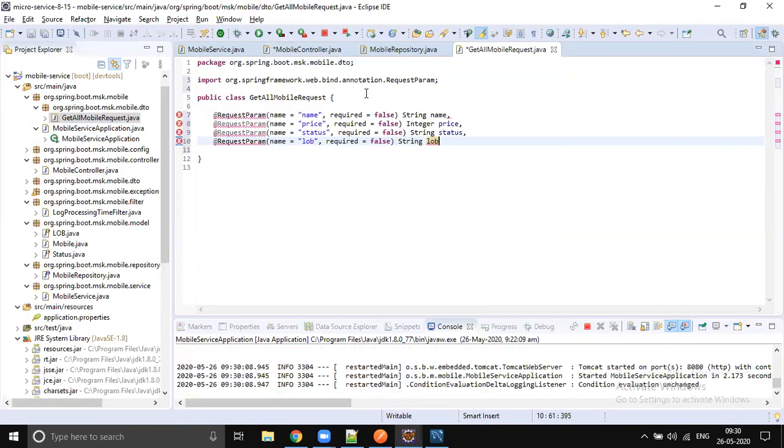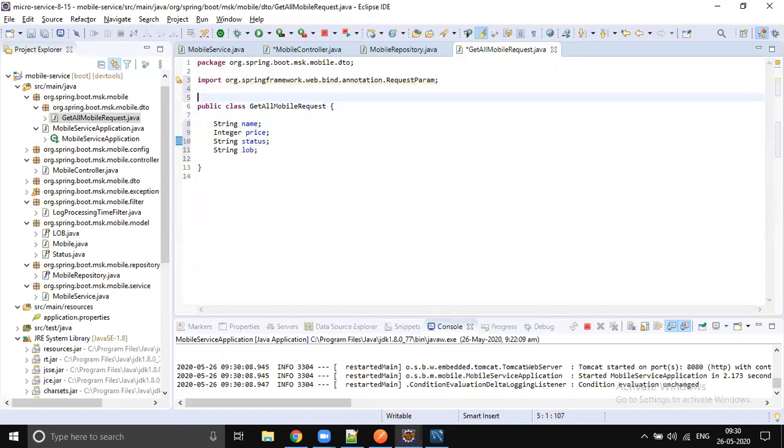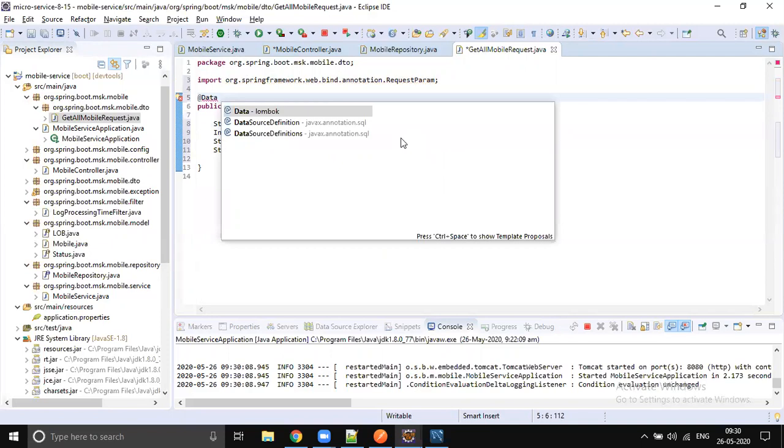Yes. So you just say string name. If the parameter is sent, then the value will be populated. If it is not sent, then the value will be populated with the default value null. So no setters, getters, it's just simple data. There we go.